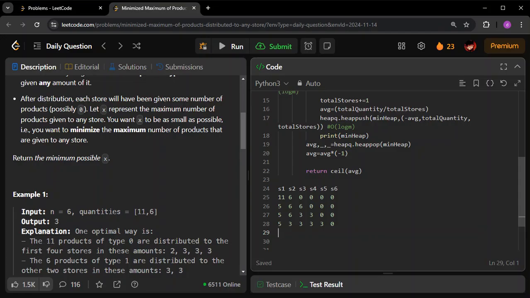Let me keep 2 here. It doesn't matter which one keeps 2 and which one keeps 3, that is not going to change my answer in this question. Finally I will keep the second 3 here. So this 5 basically became divided into a 2 and a 3. If you try to find the answer now, you will get that 3 is the answer, and that is what they are trying to return. That is what we have to do.